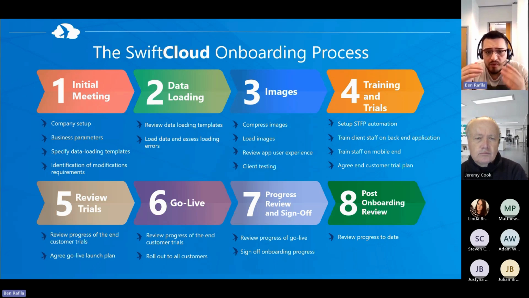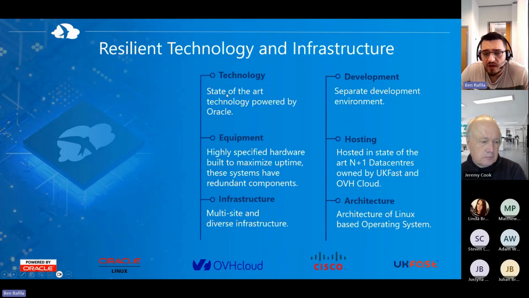That's absolutely fine. We'll then start mapping across the data to SwiftCloud, and then we'll give you a working version of an app where you can actually test it with your own customers and pricing and products, etc. And then we test that with live data sets attached and roll out to your clients. That can take around 4 to 5 months. It can be done sooner or longer as well. It's all relative. It's state-of-the-art hardware and software, fully GDPR compliant, it employs encryption, and it's set on multiple data centers across the UK for security and